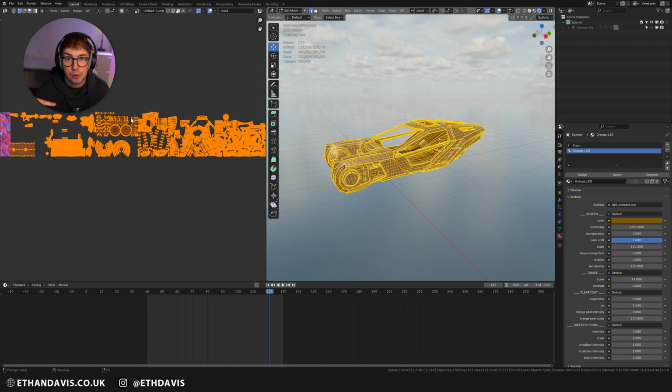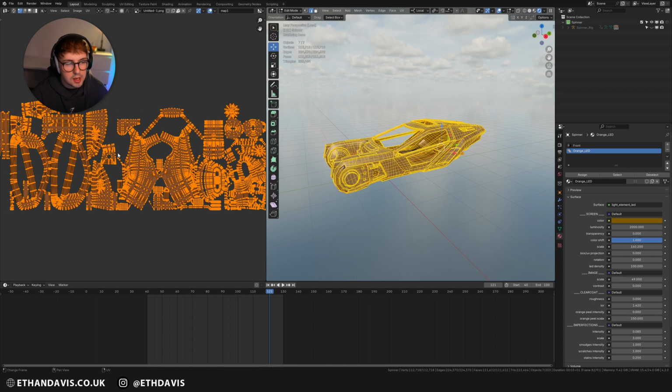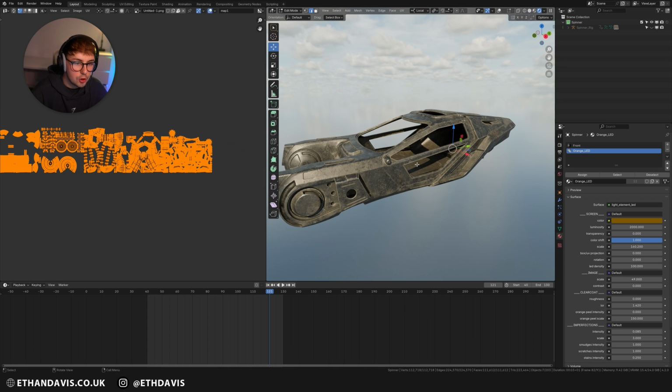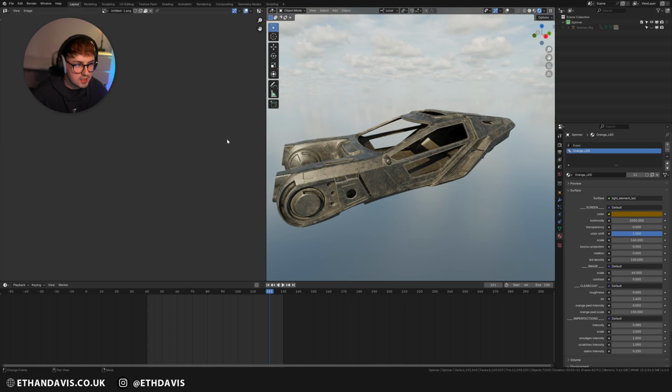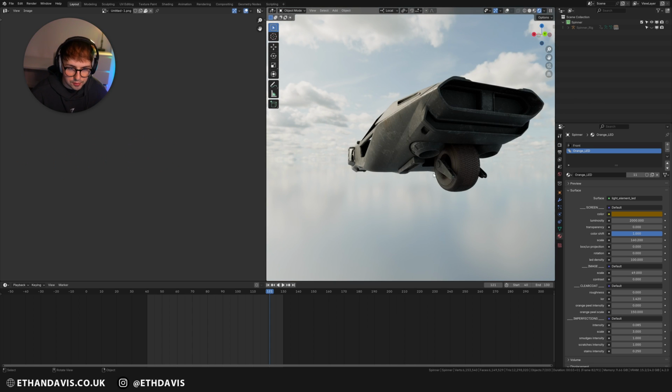A texture set will consist of the base color, the roughness, and the normal. Maybe metallic sometimes, but I didn't actually use metallic on this. I just used the default slider to get the effect that I wanted. I separate everything by material so that it's really simple when I want to apply maps. And you can see I had like 4 or 5 different maps just for this vehicle.